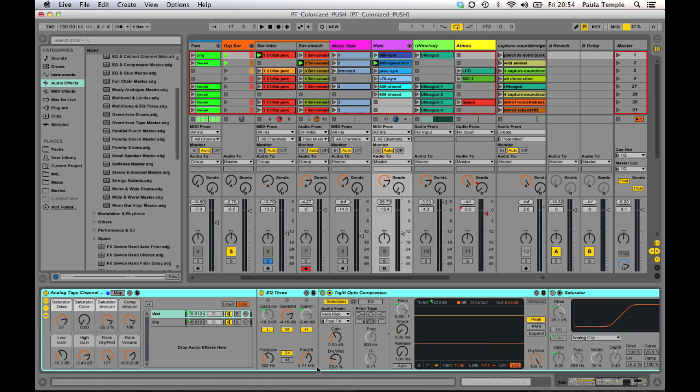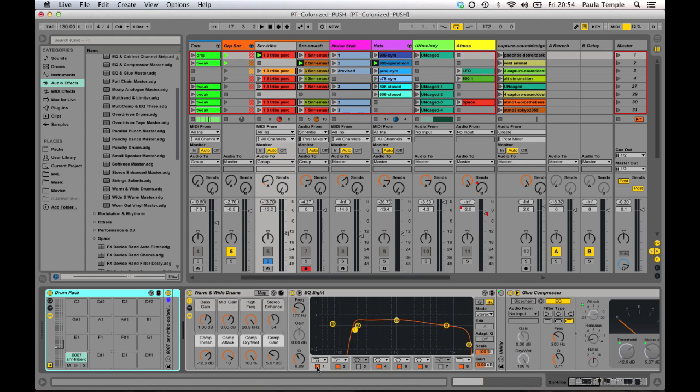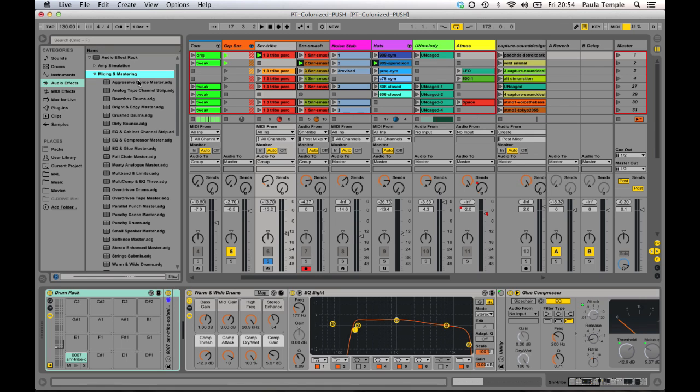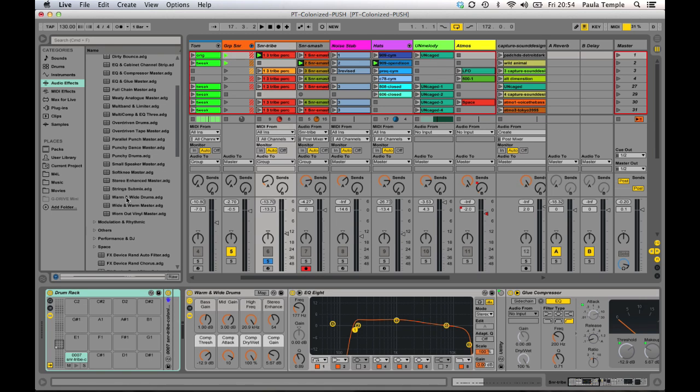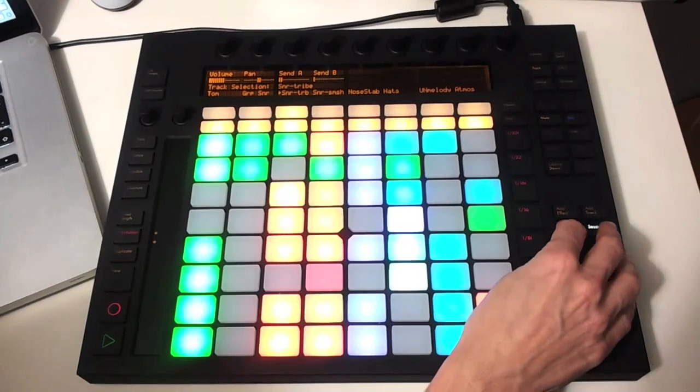Another thing that I like about Live 9 is its newly built EQ, which I can demonstrate on the snare just here. So if we go to the first snare, you can see on the screen I've got another rack under the mixing and mastering. I find that here, drag that in here, and it's got the EQ and a glue compressor in its rack. Now, when we hear the snare,